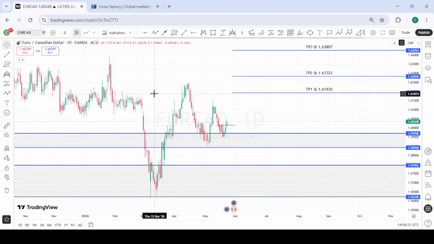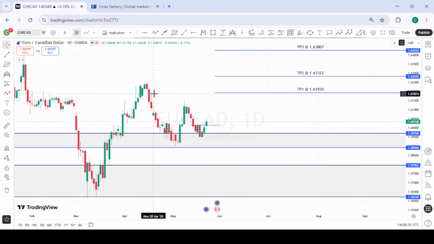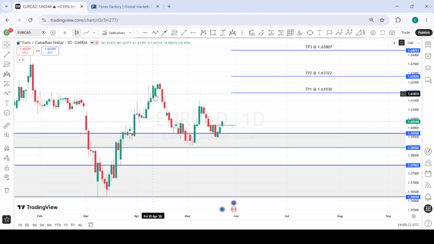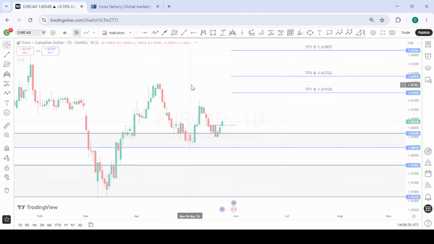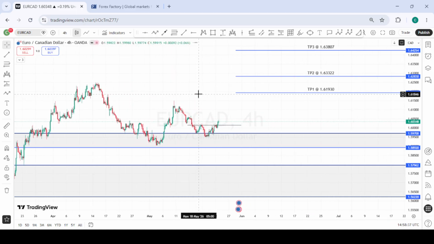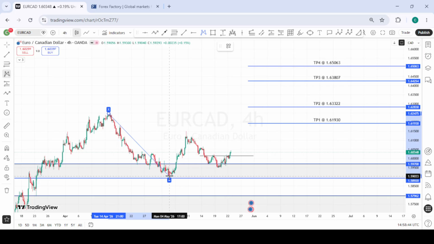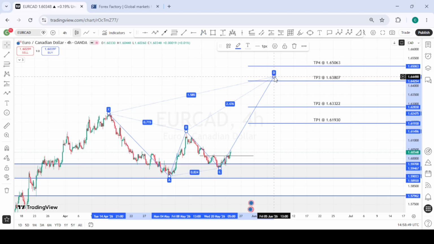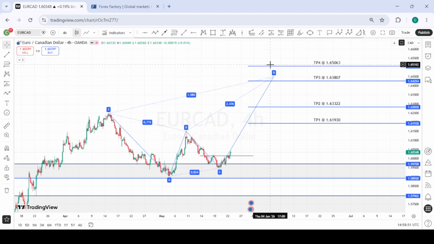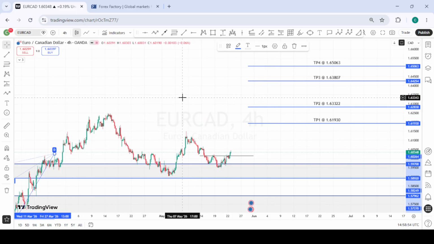This is EURCAD, and since we are anticipating a possible weak crude oil, we are likely going to see weakness in CAD as well. So going into next week, we have this nice harmonic pattern developing, which on the 4H, this is EURCAD, is a possible harmonic pattern developing, and it is reacting from an area of interest. We are likely going to see this as the X, the A, the B leg, the C leg, and we are waiting for a continuation of the D leg. So going into next week, we already have price shifting.